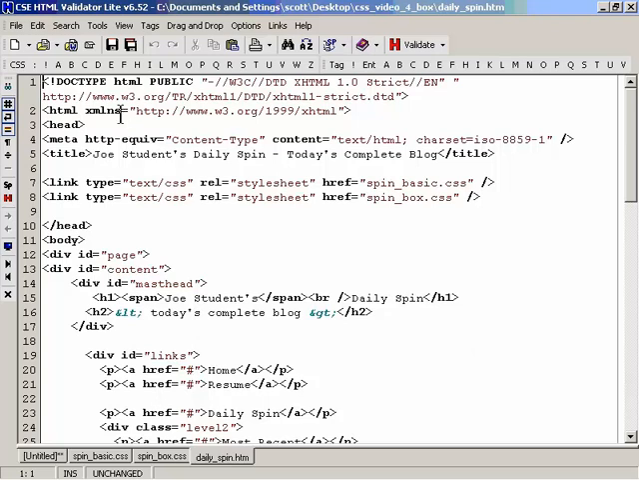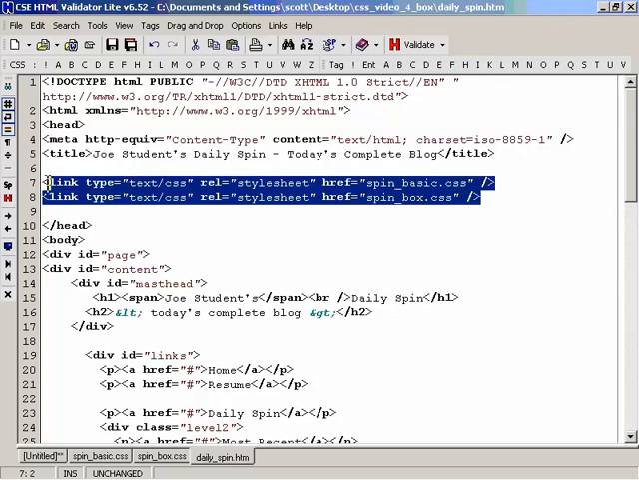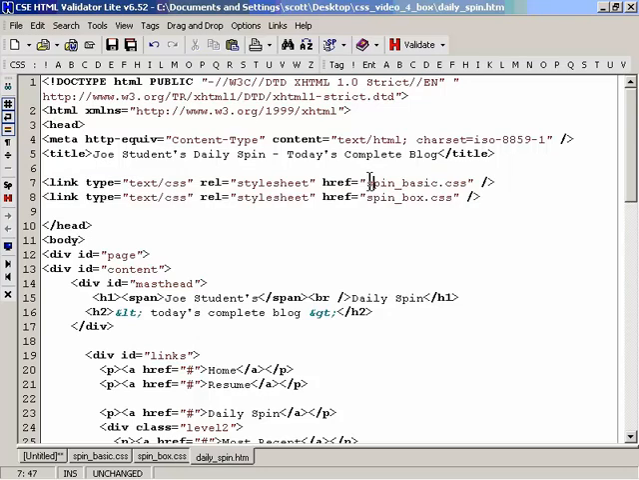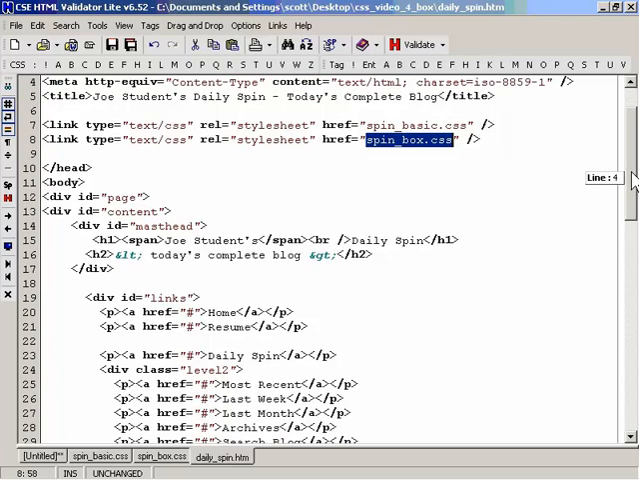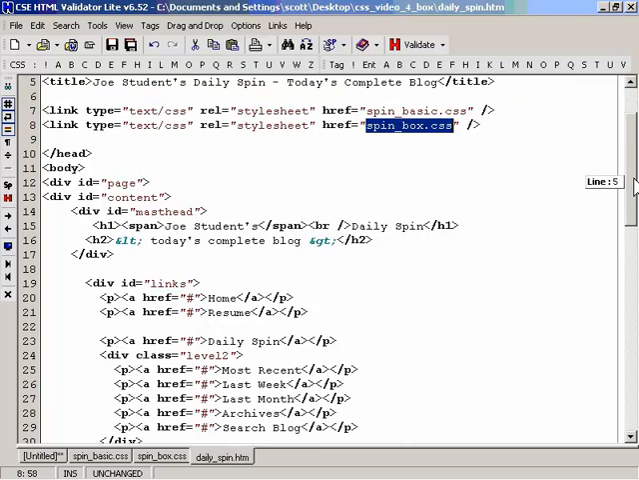And just taking a look, here you see in the head section that we don't have any styles on the page itself, but we do have the links out to the two CSS files that we were just looking at, Spin Basic and Spin Box. Alright, if we look at the structure of the page, the HTML, or the XHTML